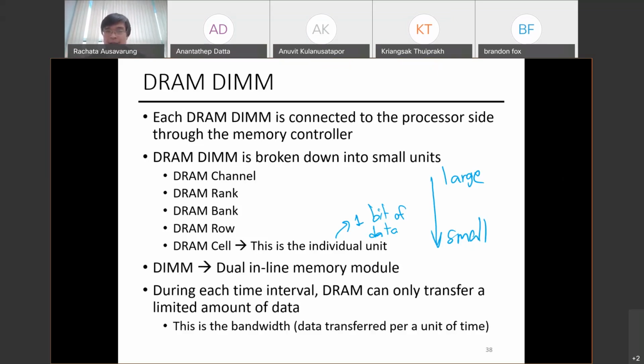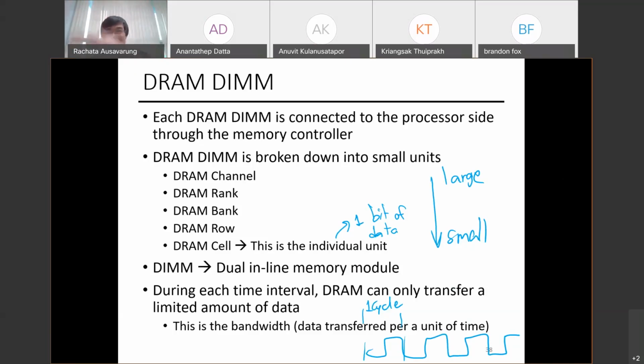And during each time interval, everything is in a digital world, right? The main meaning of a digital world is that everything goes according to the clock signal. The clock is going to look like this. Up, down, up, down, up, down, up, down, up, down. This is one cycle. In one cycle, you can do one thing, right? So during each time interval, DRAM will use the bus between DRAM and the CPU to transfer some amount of